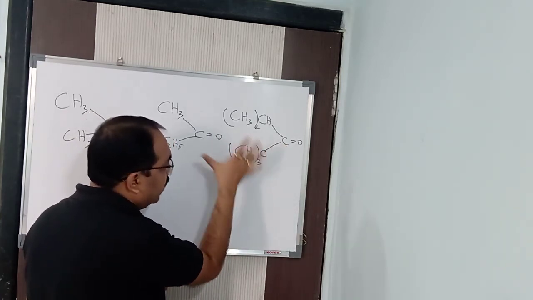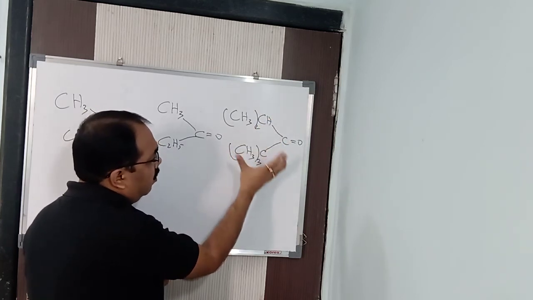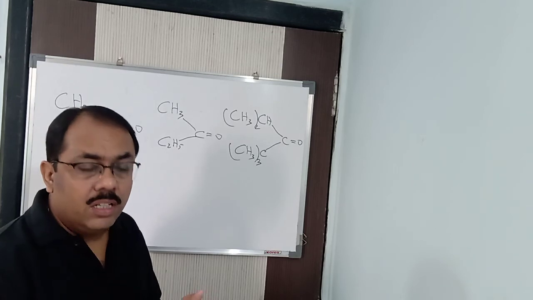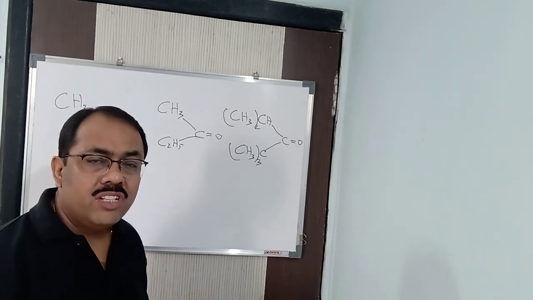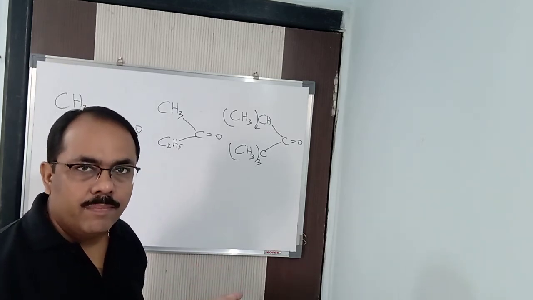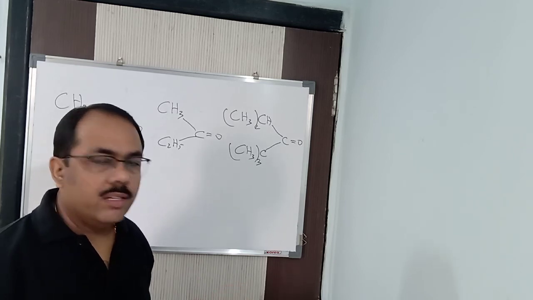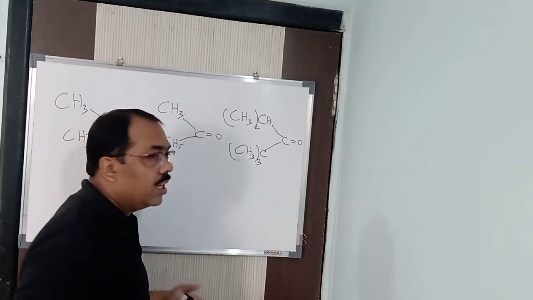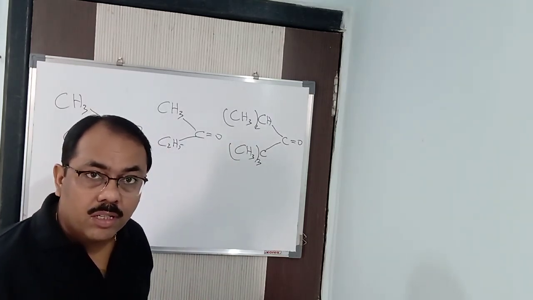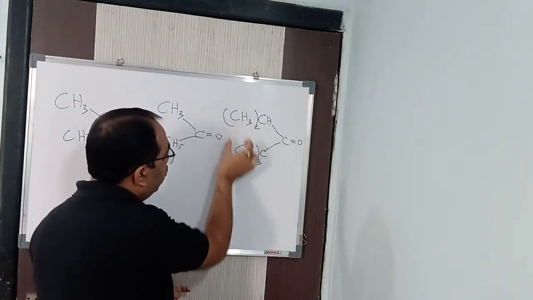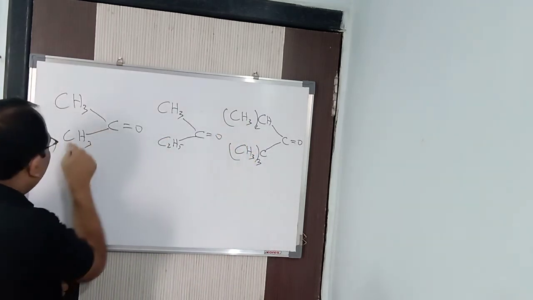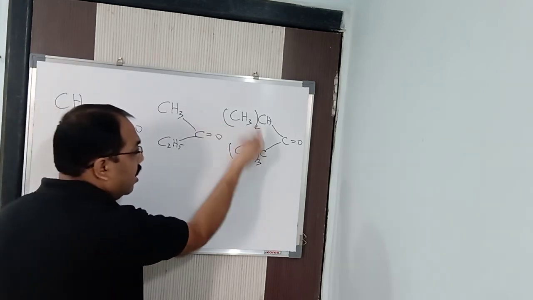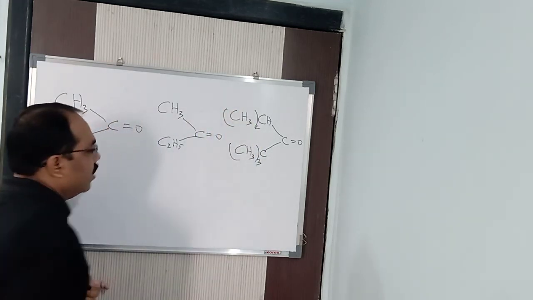If you take a bigger group, it means a bigger electron cloud. So this bigger electron cloud and a nucleophile which has its own electron cloud, when they come closer to each other, both electron clouds repel one another, which is known as steric hindrance. Here also the repulsion is going to take place. These two groups are also bigger groups. If you take a bulky group here, the repulsion will increase. Here the repulsion is less compared to this, because a bigger group is there. Here the repulsion is still more, because a still bulkier group is there.